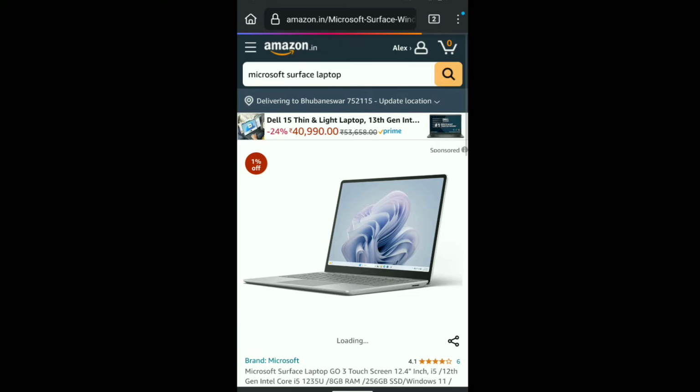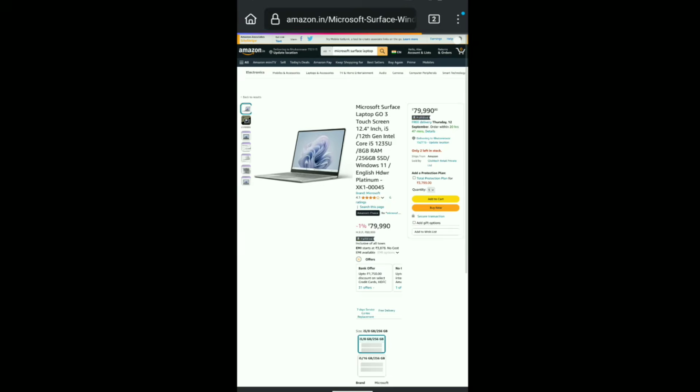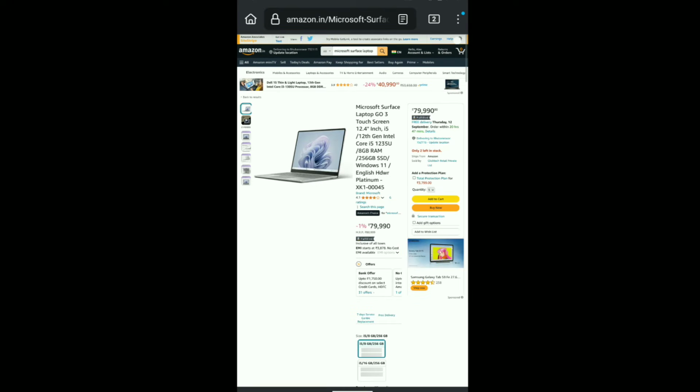Now here most importantly, you have to enable desktop site or desktop mode on your browser. So whatever browser you are using, there is always a desktop site or desktop mode option. And mostly you can find it at the top right corner by clicking on the three dot icon of any browser. And if you are not able to find it, then just search on the internet how to turn on desktop site on that browser. So here you can see this is the desktop site option under find in page. So let's turn it on. And once you have turned on desktop mode on your browser, now you can get your Amazon affiliate links using your